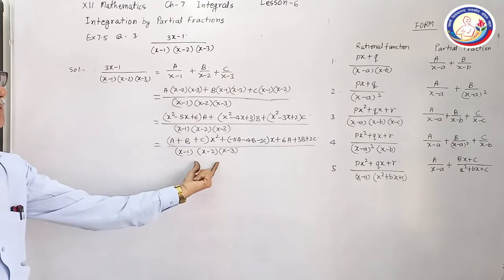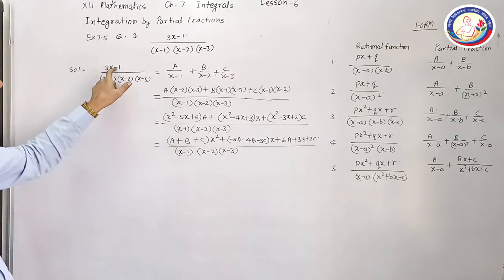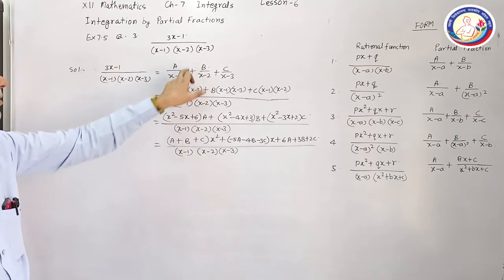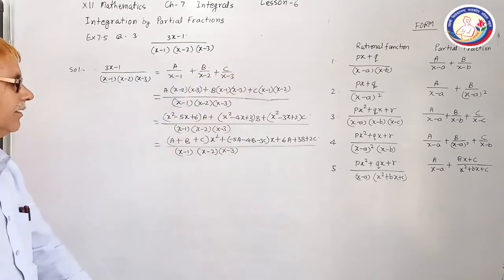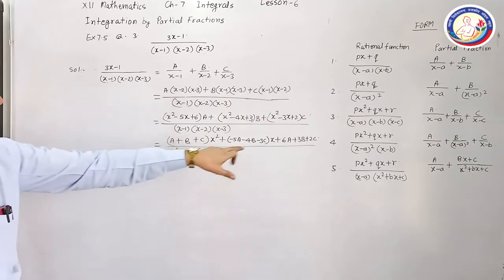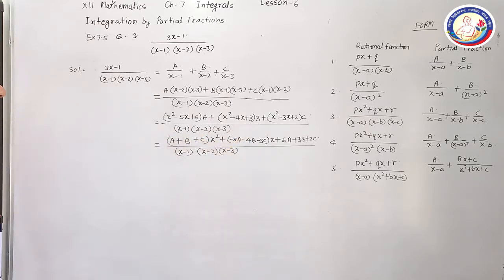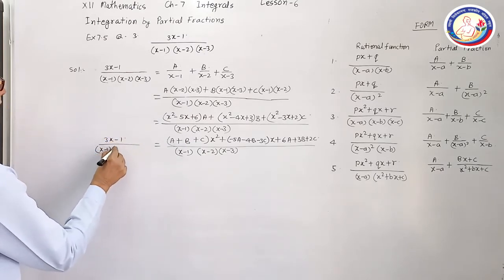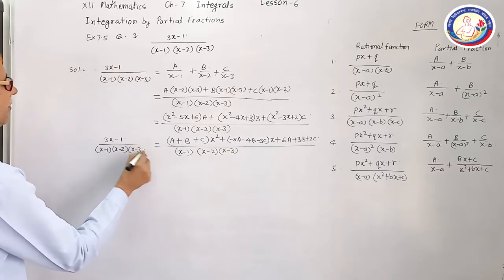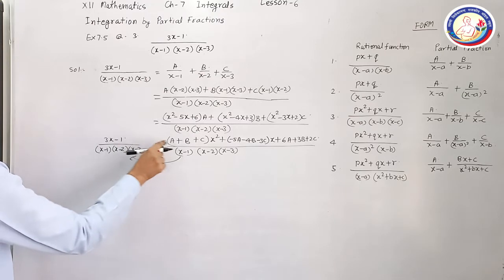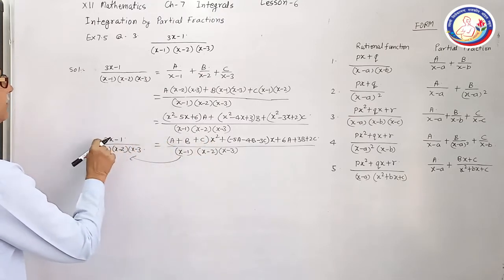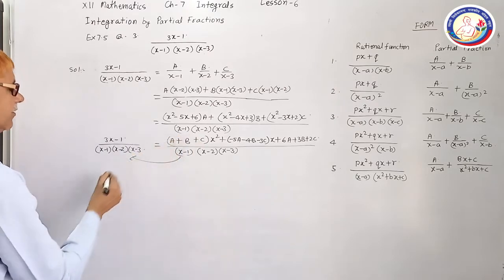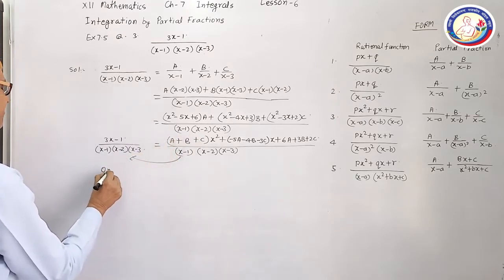Here the denominators are equal. If we compare these two, we are writing this in this form, A upon this factor, B upon this factor, C upon this factor. Then on comparison, the terms must be equal for similar variables. So it is (3x minus 1) divided by (x minus 1)(x minus 2)(x minus 3). So these are equal. Now what is the x square coefficient in this part? It is 0 because here we have no x square. So the first equation will be on comparison.